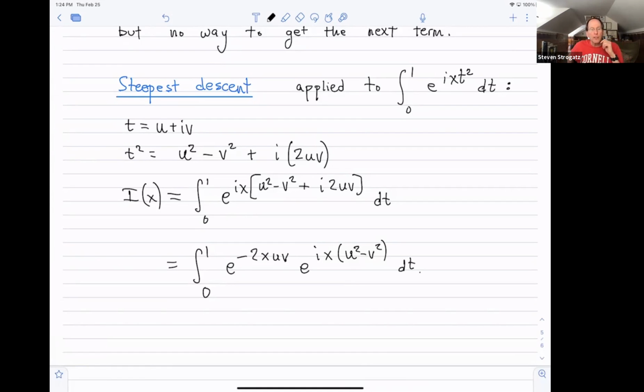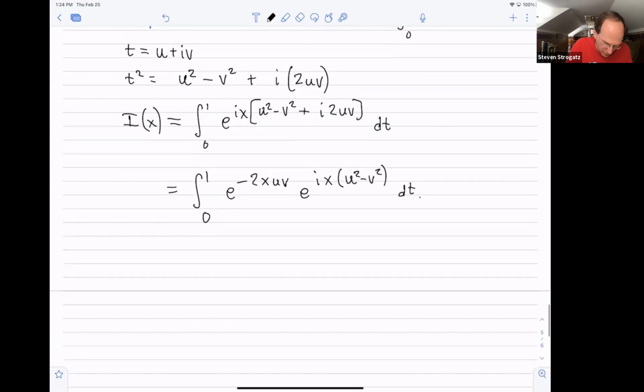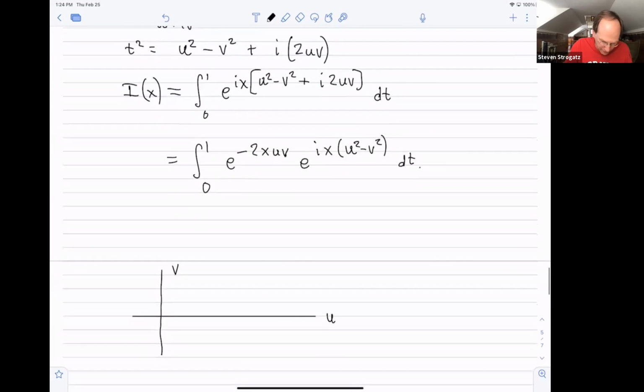All right, so now remember the philosophy. We're going to try to pick some kind of contour in the complex plane that joins 0 to 1, such that, let's see what we have so far. In the t plane, think of it as the UV plane. Currently, I'm going from 0 to 1, and my path of integration is just on the real line. Okay, but I want to replace that with some new contour joining those two endpoints such that,